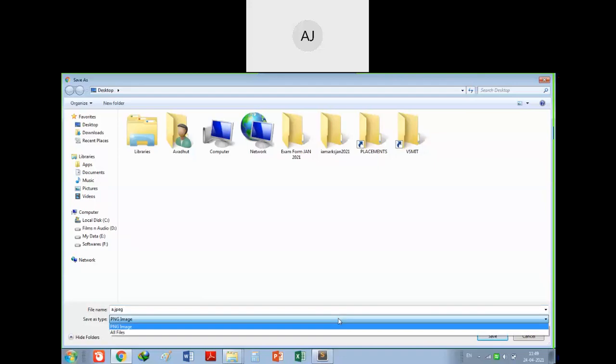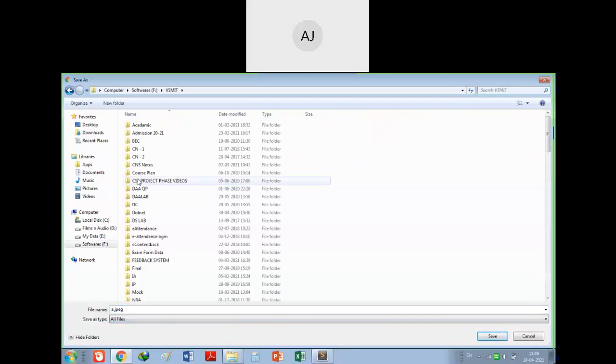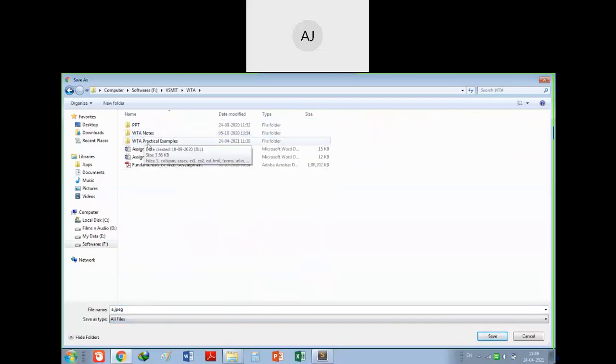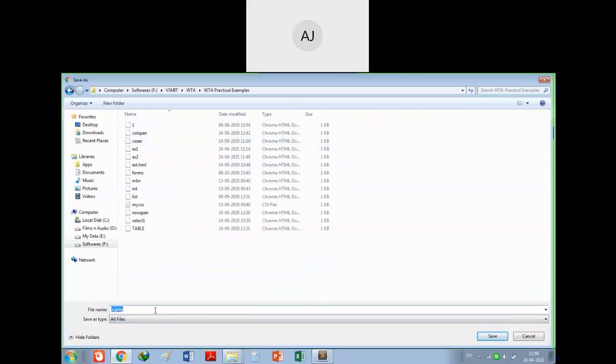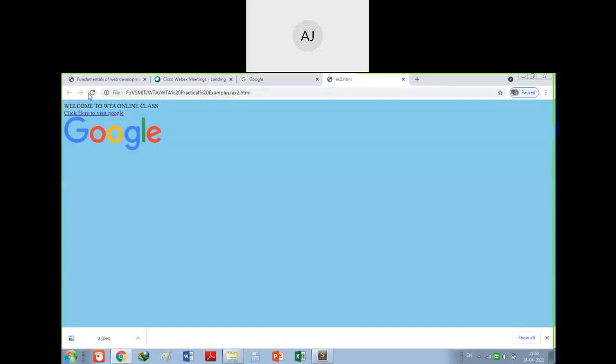So we'll change the format for all files to a.jpeg, and I will save this in the same folder where my programs are, WTA practical examples. There I will name it a.jpeg and save this. Okay, now if I refresh this, see that the Google image I have downloaded, and it has been stored in the same folder, is being displayed here.